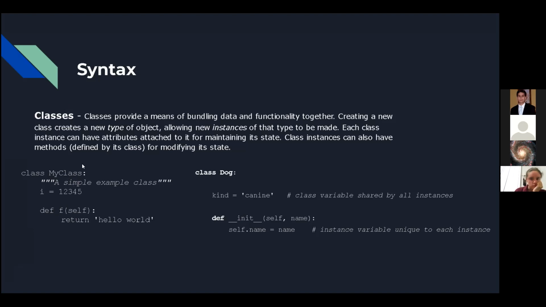Basically, a class is just a blueprint for what you're trying to build. Inside of a blueprint, you put whatever you want. You can put a variable, you can put a function, multiple functions. You can put anything your imagination and the syntax of Python allows. And it's going to do it every time you call this class. A perfect example is you can create a class dog, and then what kind of